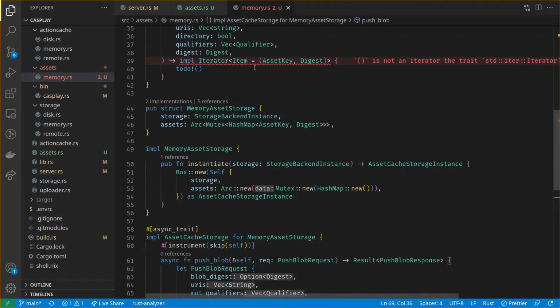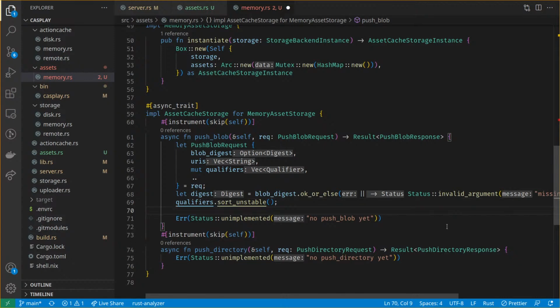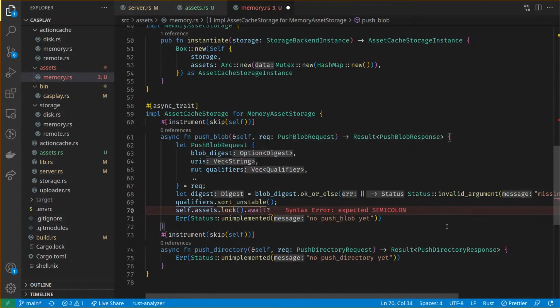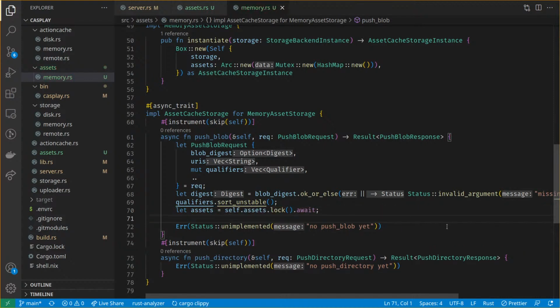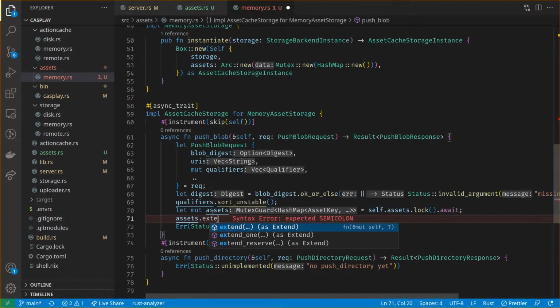And now what we've got is essentially an iterator of asset keys that we want to use to extend the hash map that we have in ourselves. So we are going to go self.assets.lock.await. Let assets equals that. That's a mutex guard, so if we make it mutable, then we get to play around with it. And then we get to go assets dot extend